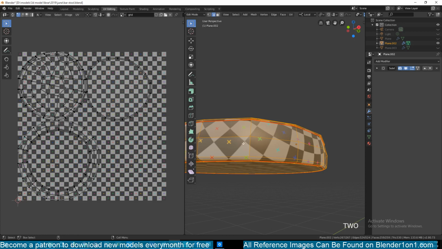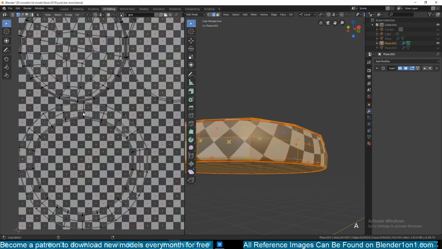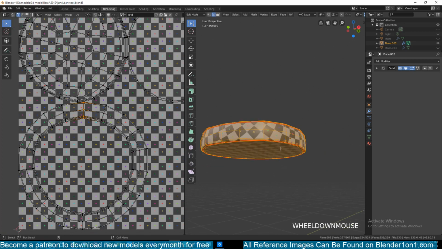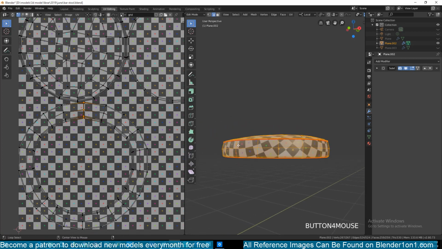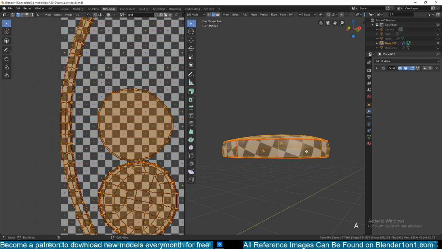So what I mean is that you see this is a ring here, and this kind of causes a lot of stretching, because you can see that the faces are kind of cutting through the different squares. So you can mark a seam like here. Again, another thing I didn't mention is that in the UV editor, you can also mark seams directly there. So you just select the edge, Control E, mark seam,